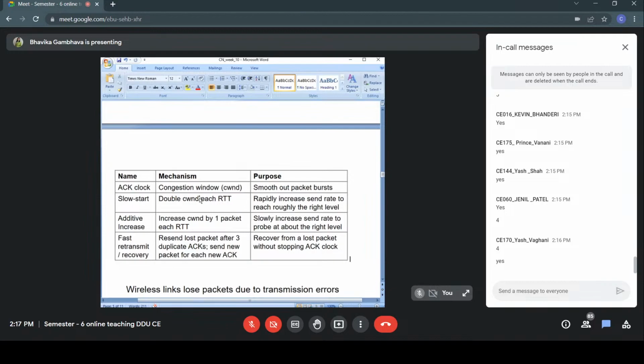In the slow start, we are doubling that. Why do we double it? To roughly reach the right level, because we have started just from 1. So rapidly we are increasing it so that quickly we can reach the right level. However, there is a danger in doing it. So we enter into linear rise or additive increase, where we slowly improve. The purpose is the same, to reach the right level. We don't jump, we don't cross it. Here, the fear was that we need to do that quickly. And now here, that we should not